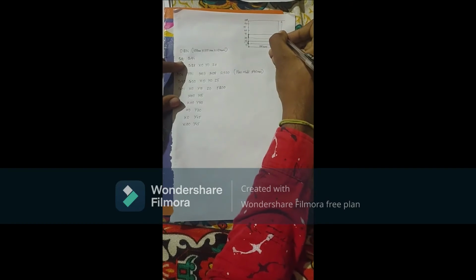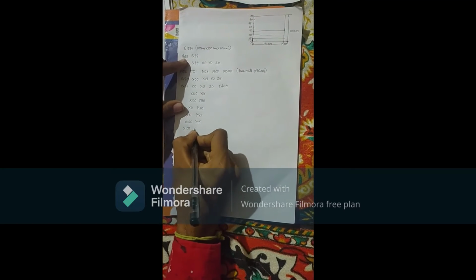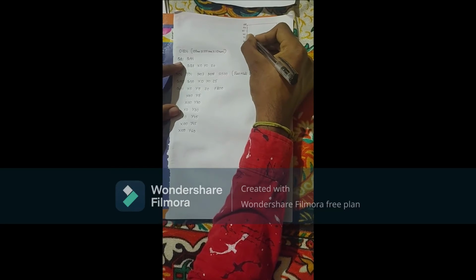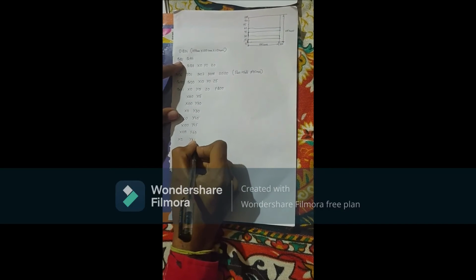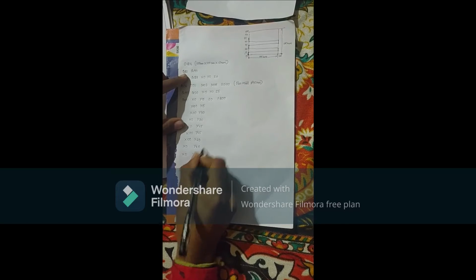And from here to here, that is 45 to 60, x will be 100, y will be 60, and here to here, that is x 0, y will be 60. Now 60 to 75, x will be 0, y will be 75, and here to here, that is x will be 100 and y will be 75.